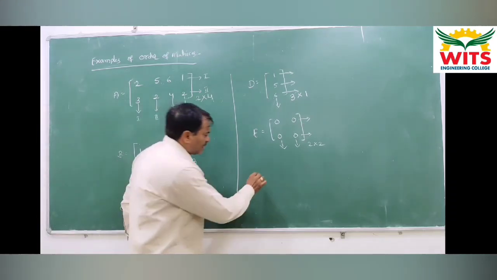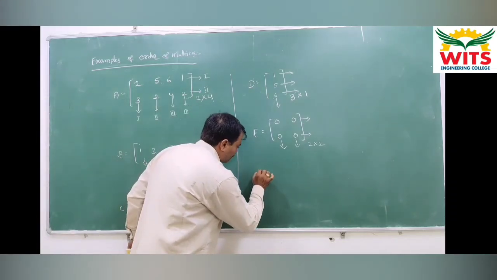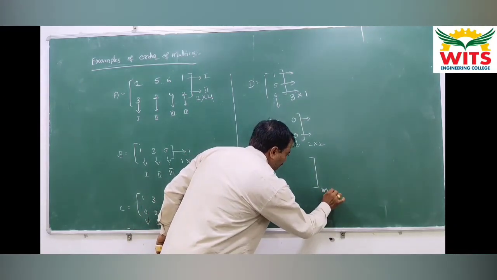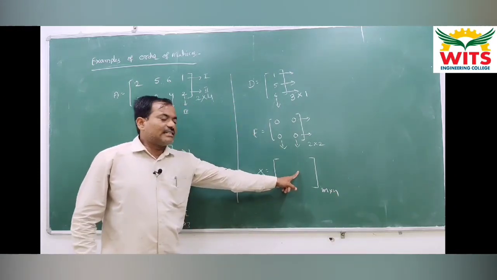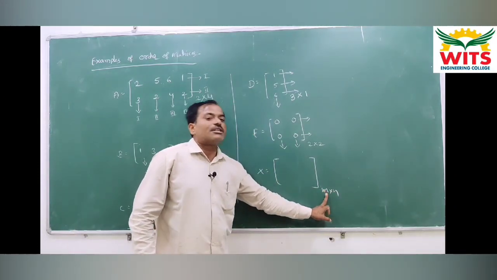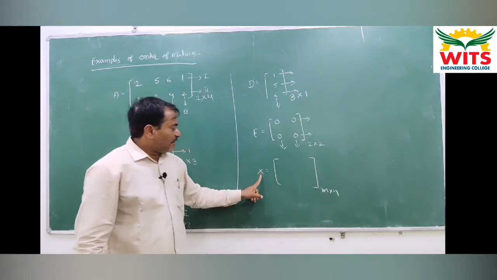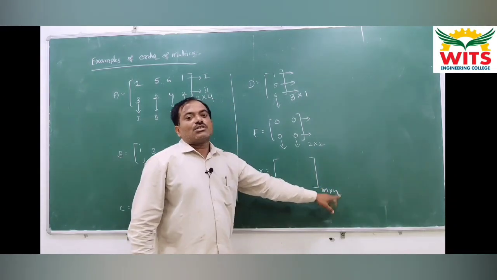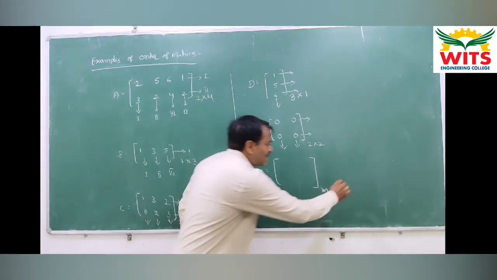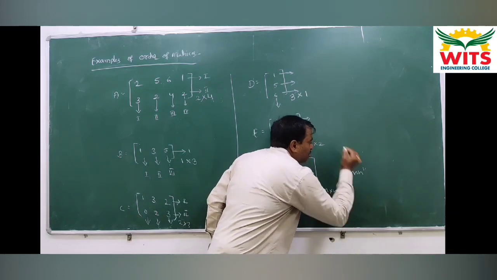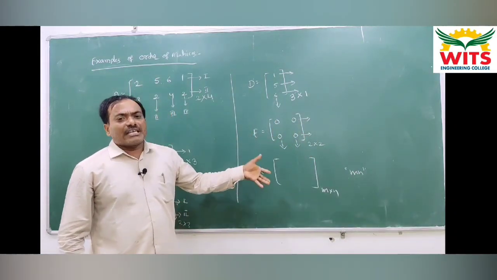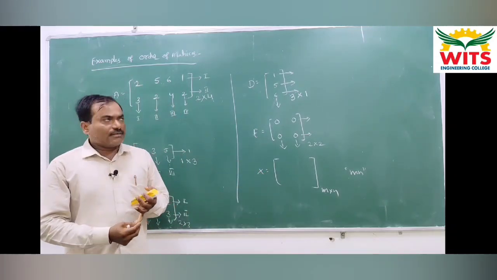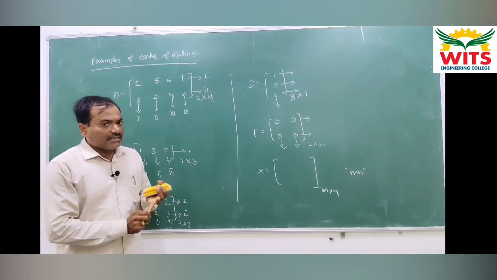Generally, if any matrix is given, the number of elements of this matrix is calculated using the order of this matrix. Suppose the given matrix is X and its order is M cross N. Then this matrix contains M times N elements. So this is the number of elements of the given matrix. Today we simply discussed what a matrix is, the order of the matrix, and the elements of